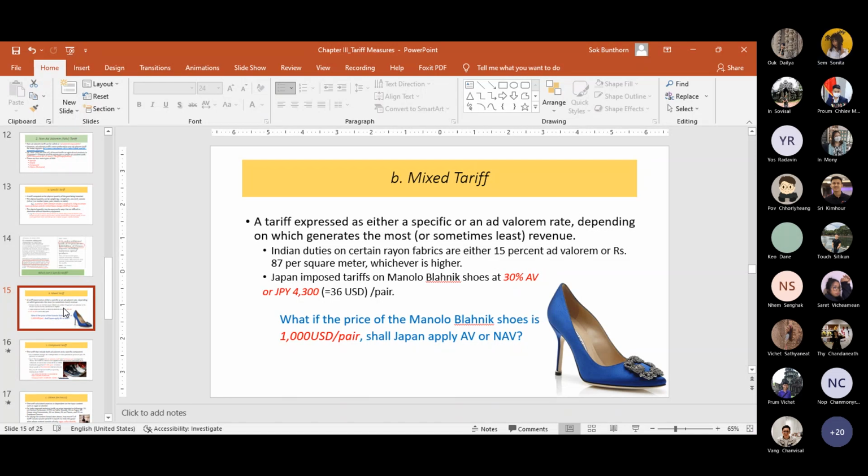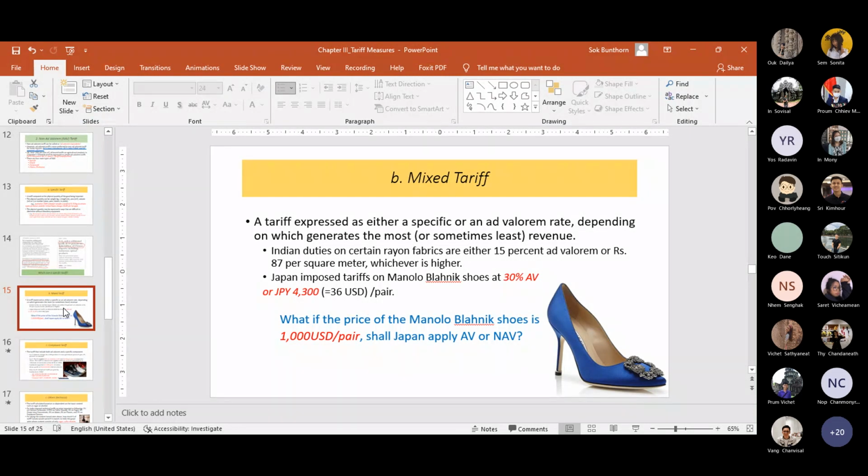We cannot use 1,000 a pair to compare with one pair that is very unequal in the beginning. Here we use one pair and the other one pair, but this one pair costs $1,000 and the tariff is based on the value, the price of that good, while the other one the tariff is per pair. So we don't care about the price of one pair, but we care about one pair, one number, $36 per pair. So here AV is more preferred because it generates more income than an AV specific. So again, mixed tariff